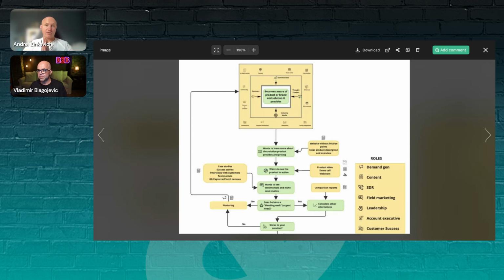And I would love to emphasize once more the importance of the first quadrant that you can see here, the awareness that Vlad mentioned. Almost everybody does demand capturing, in a sense as we know it, right? Focusing on targeted keywords, doing search engine optimization, creating SEO optimized blog posts, right? So that content, just to capture that demand.